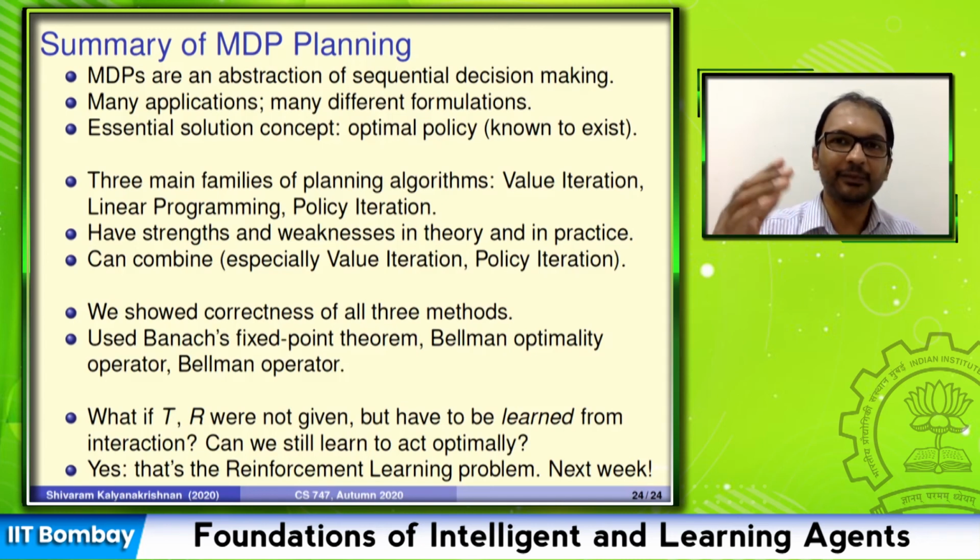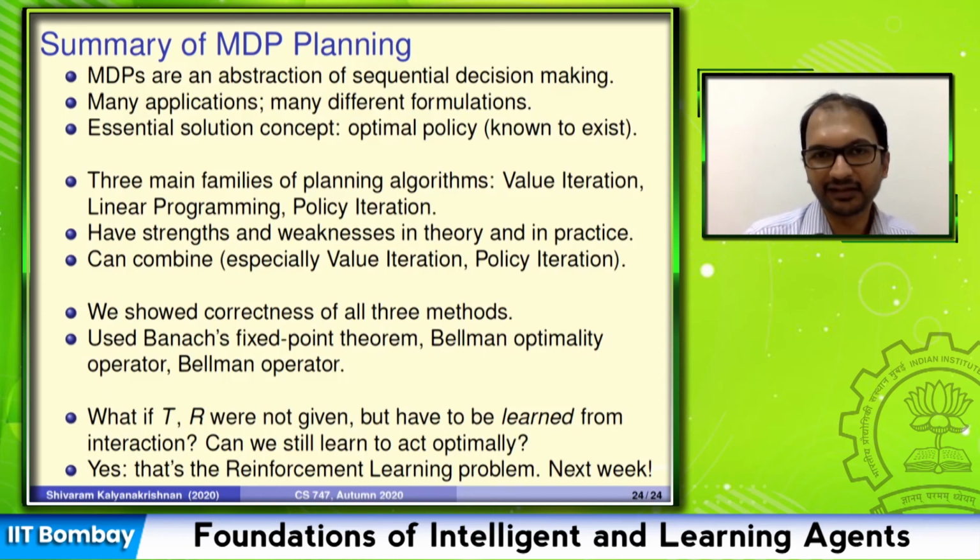And although we have described these as 3 separate families of methods, there are some approaches that combine them. There is a family of algorithms called asynchronous dynamic programming, ADP, which are basically a combination of value iteration and policy iteration, with different degrees of doing one or the other. If you want, you can look it up. I think Sutton and Barto does mention asynchronous dynamic programming, but I think you have enough understanding of the individual algorithms to be able to appreciate any combinations thereof.